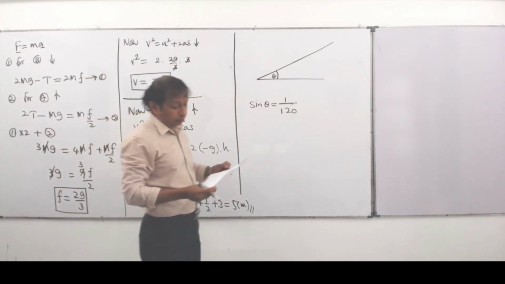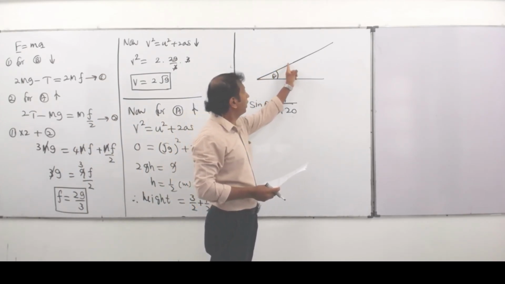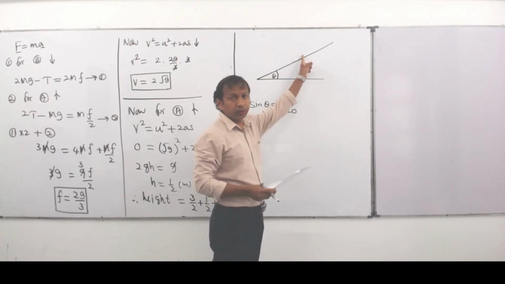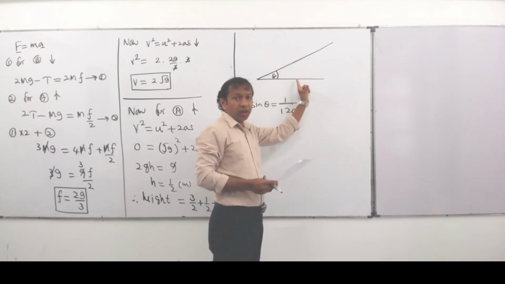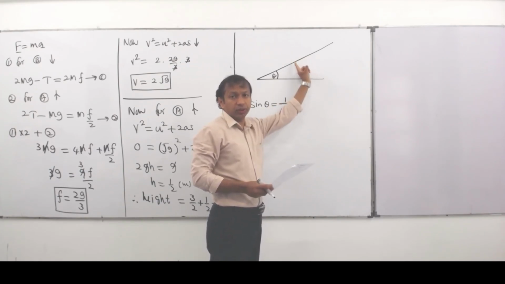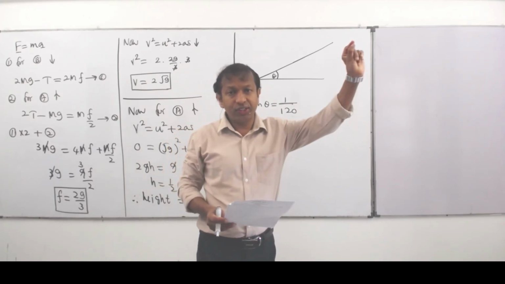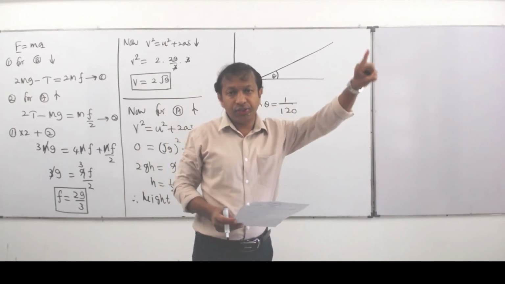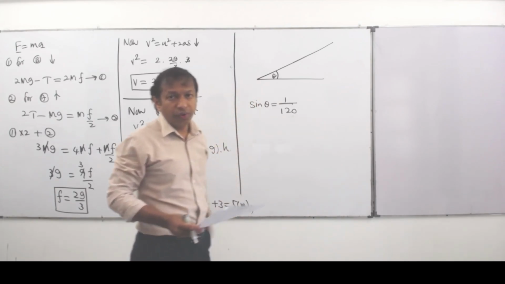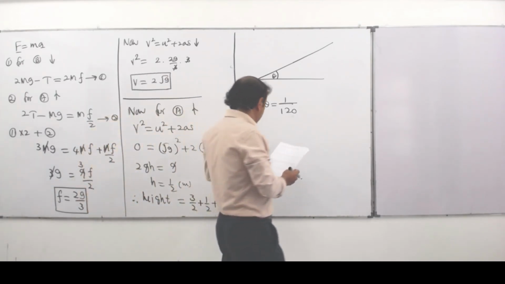It means 120 is to 1 means when something is moving along this path 120 meters, its rise is 1. The vertical displacement it gets is 1. Then the opposite side is 1 unit, the hypotenuse is 120. That is how we take sine theta is 1 over 120. Right. Now we are given there,